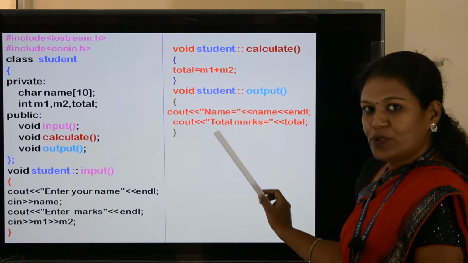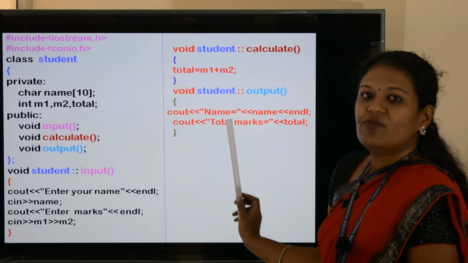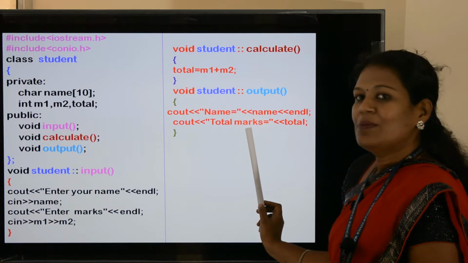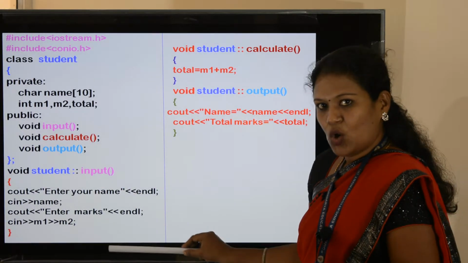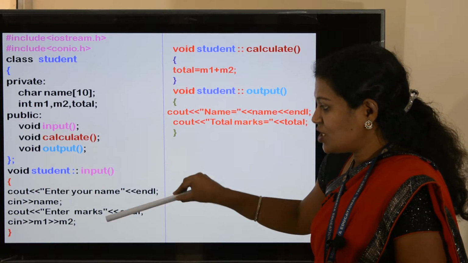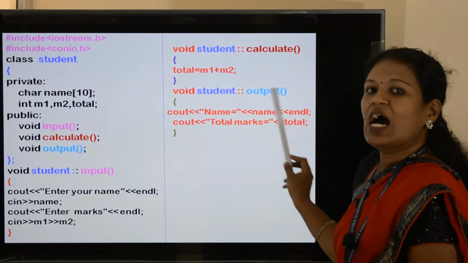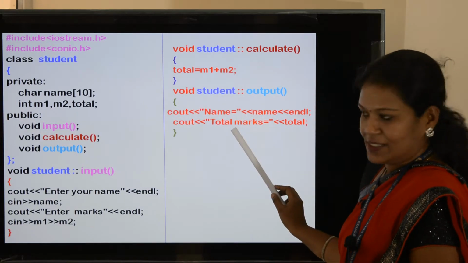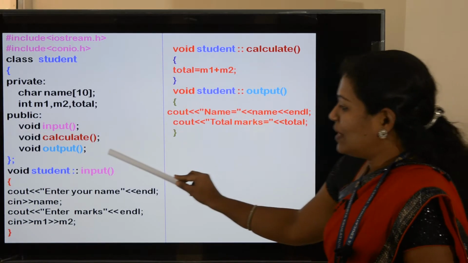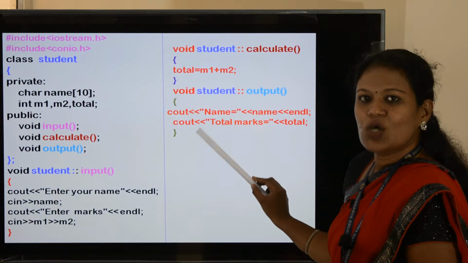So two outputs are here: the name of the student followed by the total marks of the student. So three functions are over now: input function, next calculate function, and the next one is output function. Defining member functions outside the class is over.